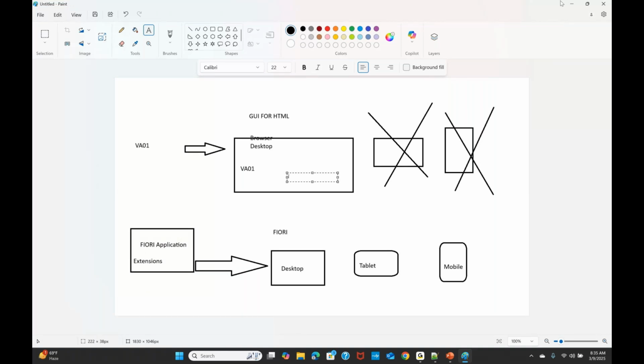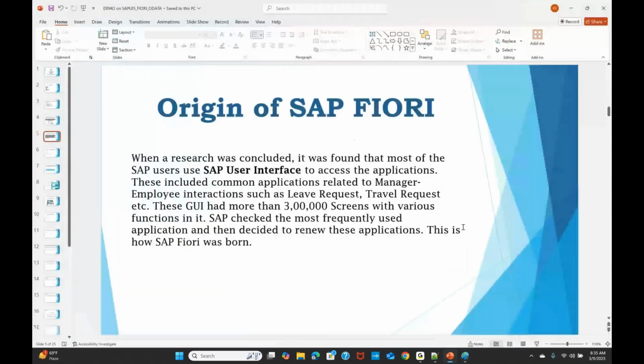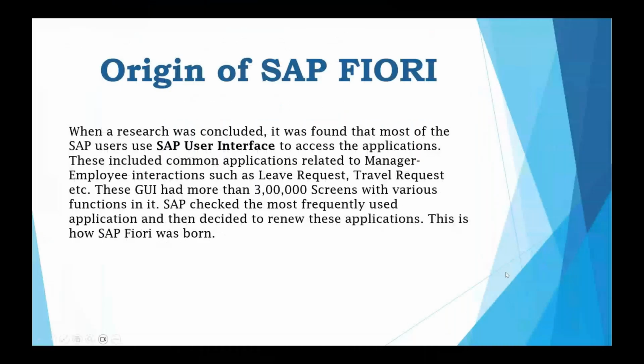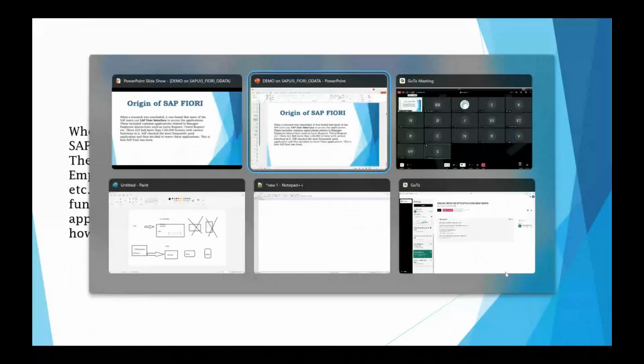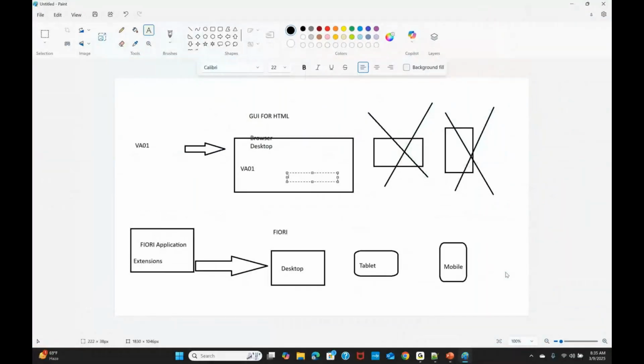Let's come back. Any questions? I have a few questions, sir. You are saying completely new development means, with the same example VA01, the input we are providing for creating a sales order, that input screen, the front end only, we developed from scratch. The data we are getting is passed through and we are connecting to the database. Am I right? Correct.